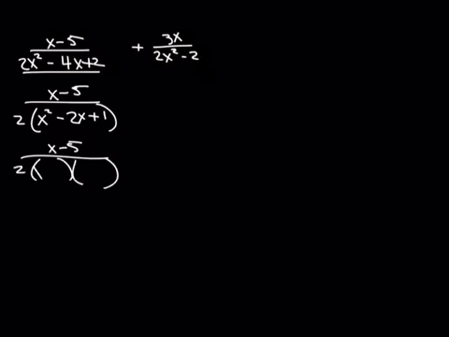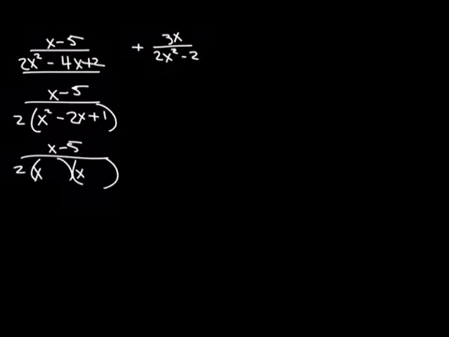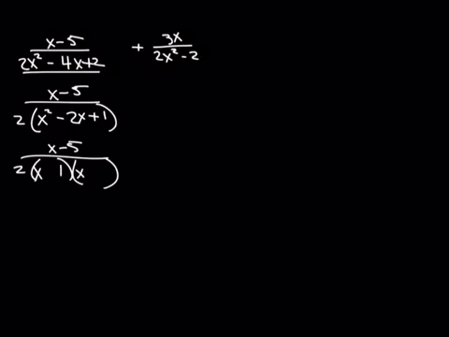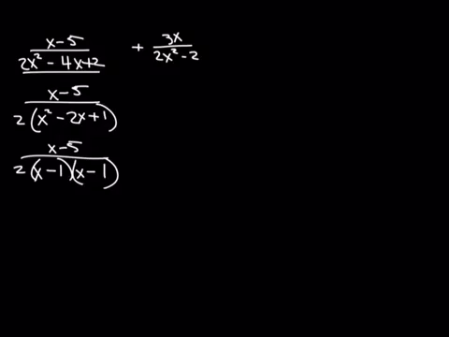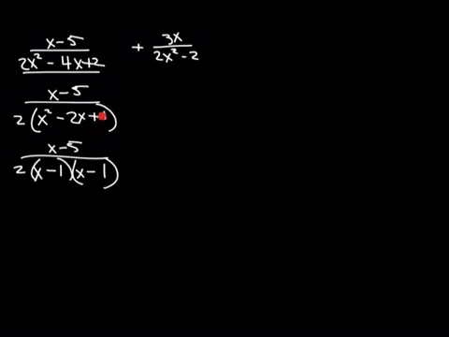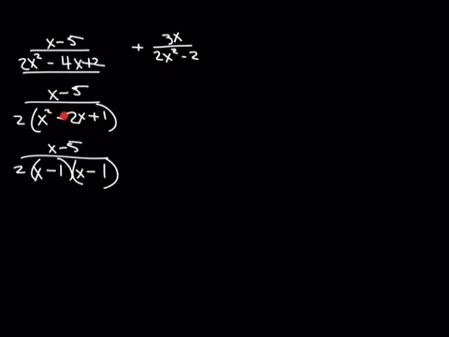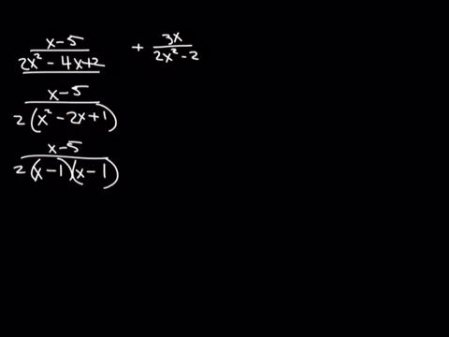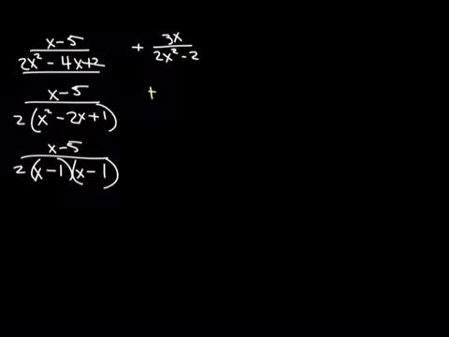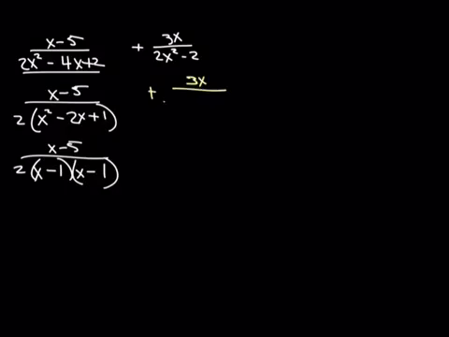That'll break down into 2 binomials, a 1 and a 1 and a negative and a negative. Because negative 1 times negative 1 is positive 1, negative 1 plus negative 1 is negative 2. So this is this simplified. Let's do this one over here in yellow. Factor out a 2. This is a difference of 2 squares. So we have 3x over